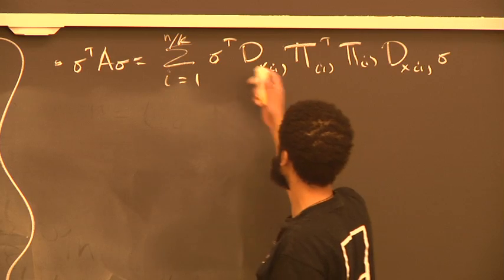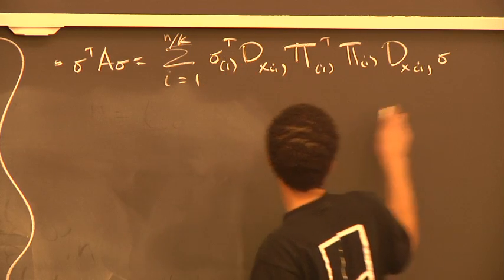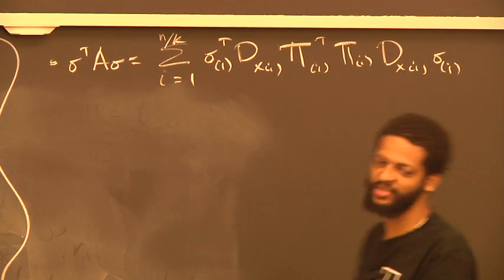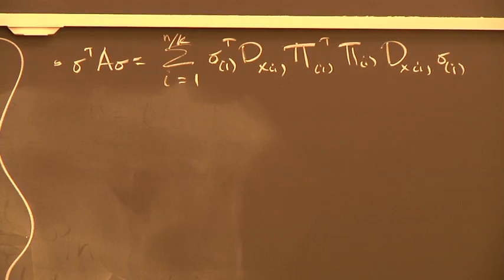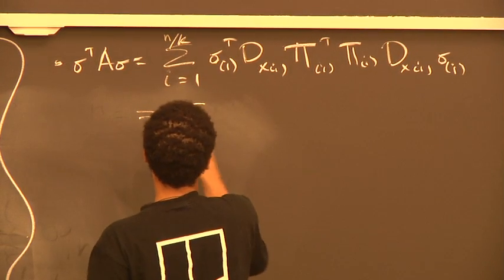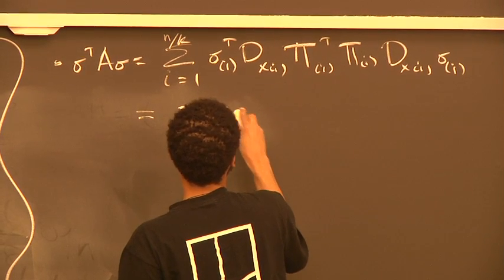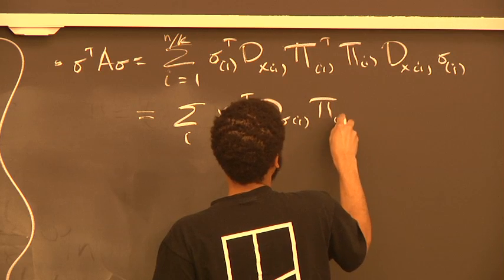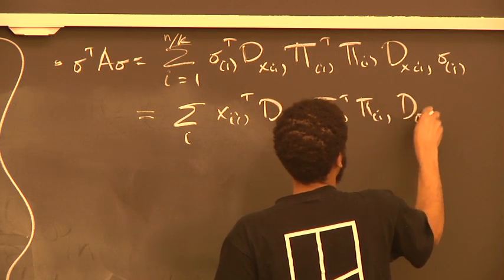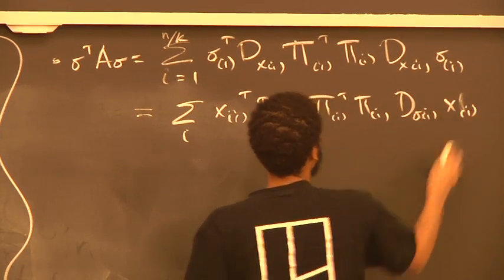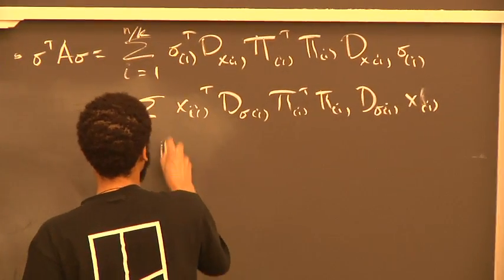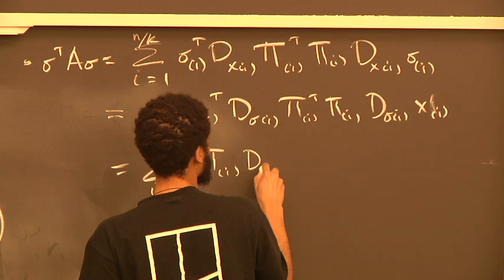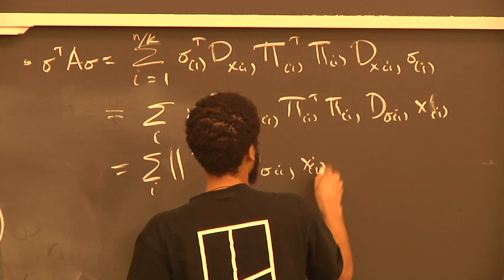And actually now, only the columns in the ith block even matter here. But again, for this part, we're just going to undo the trick we just did. So this is the same thing as the sum over i of x_i transpose D sigma_i pi_i transpose pi_i D sigma_i x_i, which is the same thing as the sum over i of the L2 norm squared of pi_i D sigma_i x_i,